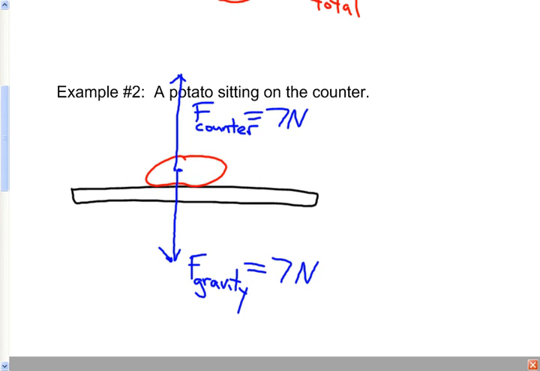What do you think the total force is? Now, part of you probably wants to say 14, and another part of you probably says, wait a second, they're in opposite directions. Don't they kind of undo each other? Well, your second thought is correct. In math class, when you're just dealing with straight numbers, 7 and 7 was 14. But when what you're adding are vectors, direction matters. So you kind of need to think of one as positive and one as negative, and we could be more careful with that. But right now, it's pretty obvious. One's in one direction, one's in the other. F total